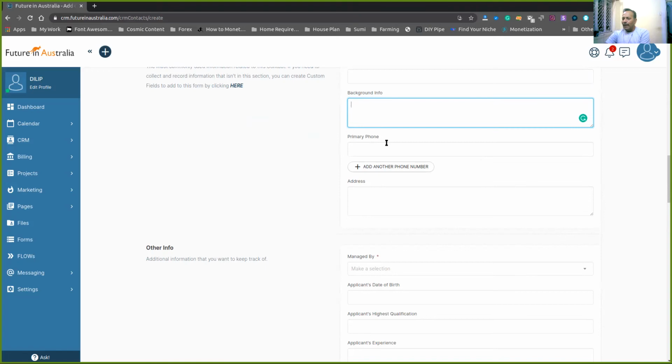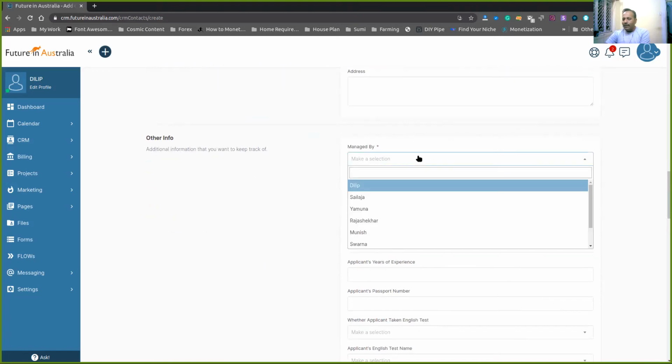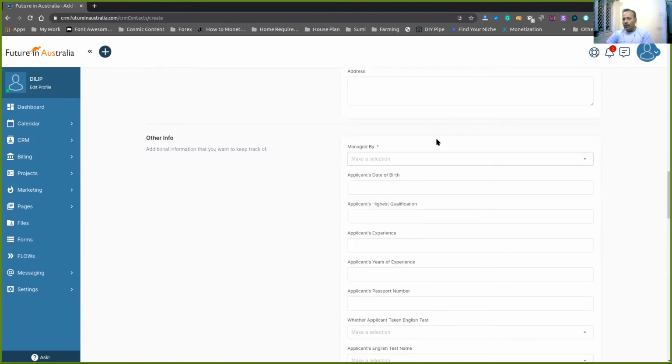Then their primary contact number and their complete address. Now, managed by is always the team leader. So who is managing the lead? When you are writing, it might be Shailaja, Shekhar, or someone. So every phase it will be changing.